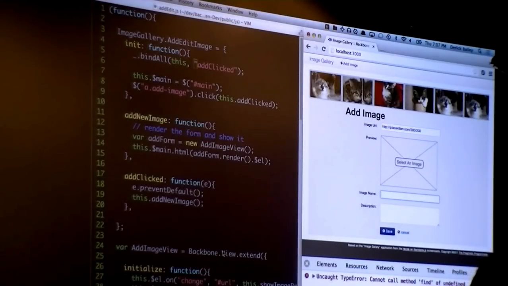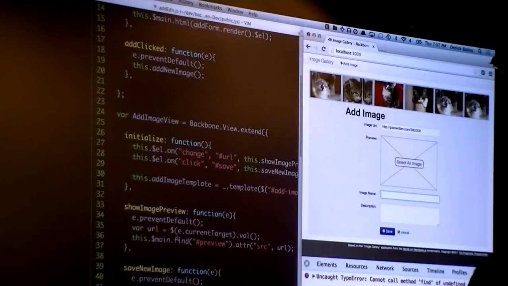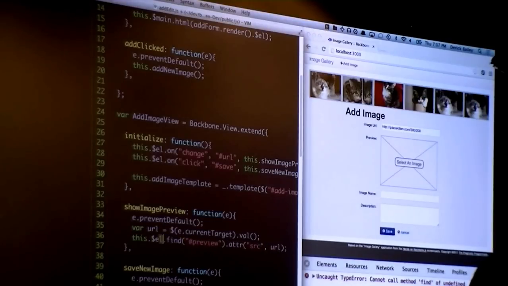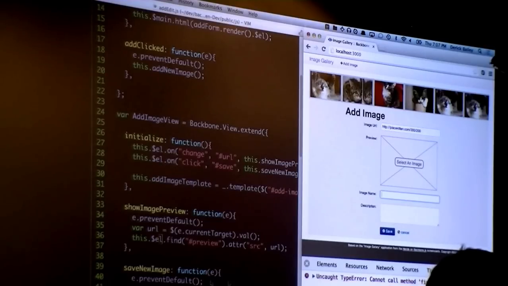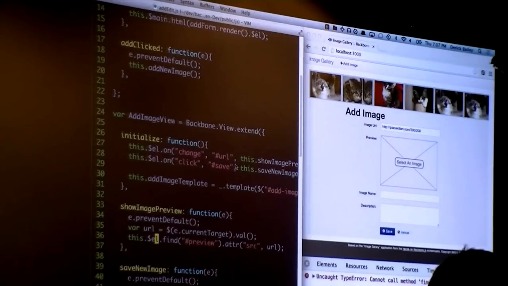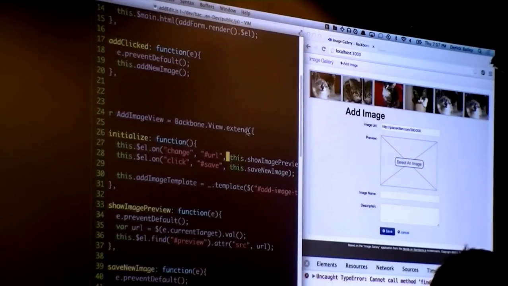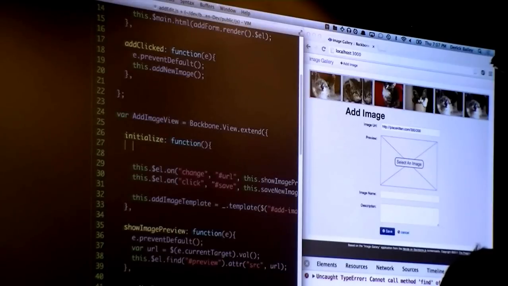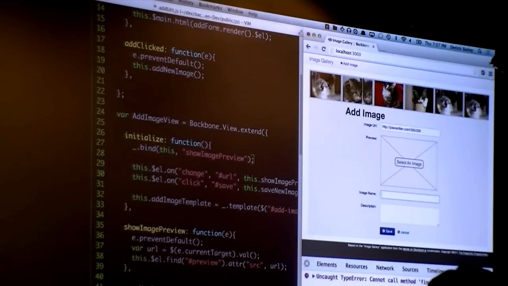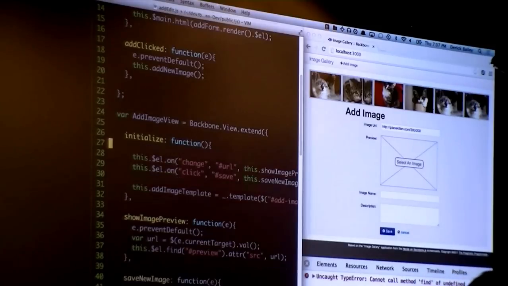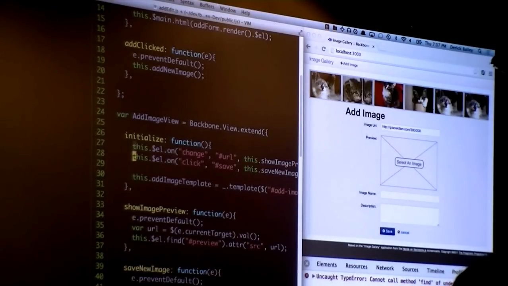So, sorry, another call to main here. Call find. The joy of moving to Backbone. So I'm going to do _bind this, show image preview. Alright. I'll talk about that in a second here. Alright, so while I'm trying to get this to work,